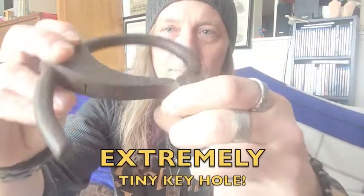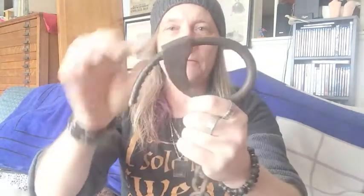It's kind of hard to hold the camera and handle the cuffs at the same time. I'll show you the Tower's bottom key. There's the keyhole. Now the problem with these things, these were the earliest of the designs, just like the handcuffs. And just like the handcuffs, there's a problem, and that is the tail of the bow. Sometimes if you tighten it too much around the prisoner's, in this case, ankles, it's really hard to manipulate the key in there, okay? So, naturally, they moved on a few years later to